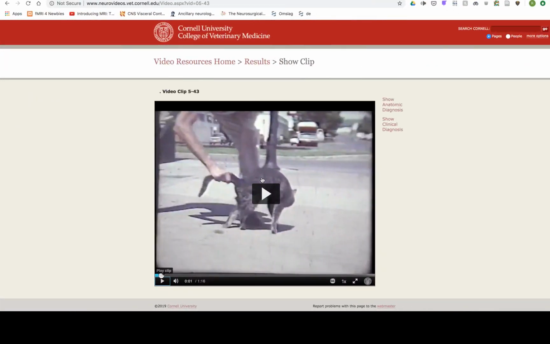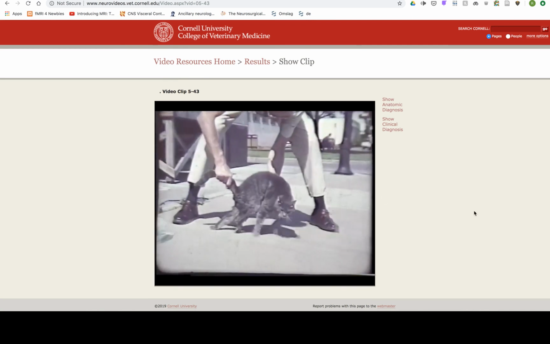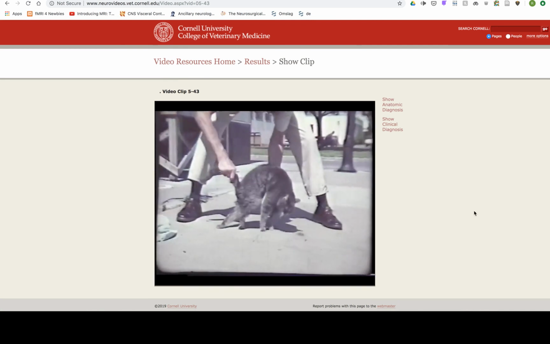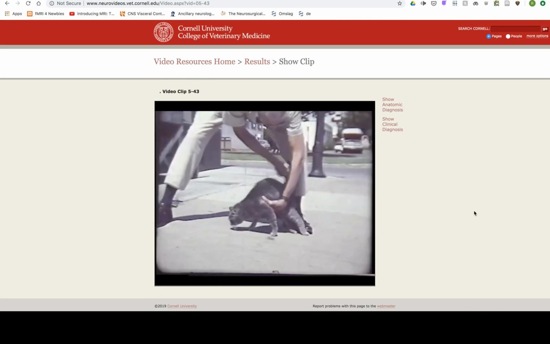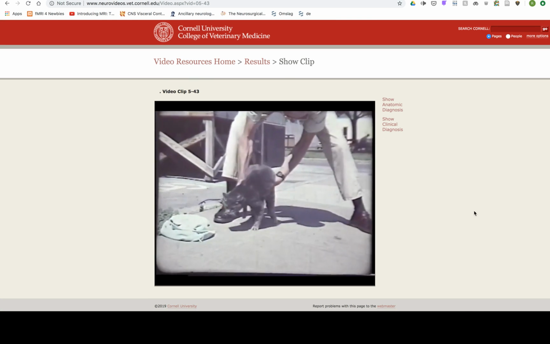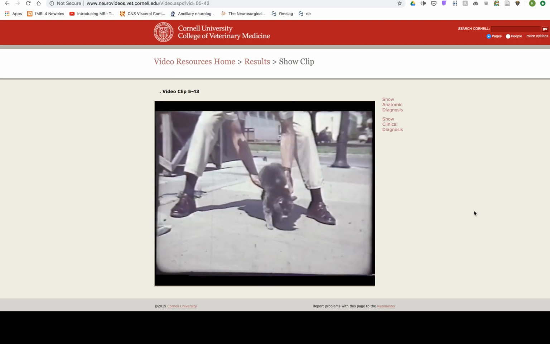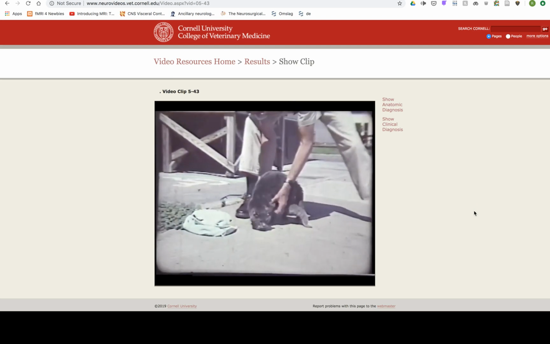NMD paraplegia. Cat signalment: adult spayed female domestic shorthair. Chief complaint: no use of the pelvic limbs. History: this cat had been missing for 10 days from her home. When the owner found the cat, she had no use of her pelvic limbs and dragged herself around using her thoracic limbs. Examination: Video 5-43 shows the severe bilateral flaccid paraplegia with atonia and areflexia of the pelvic limbs, tail,